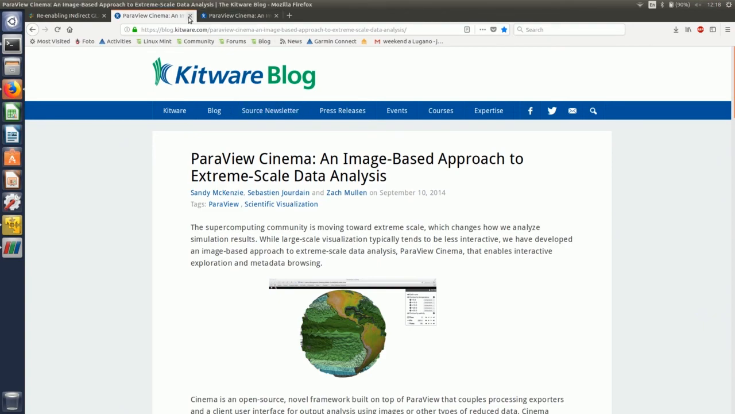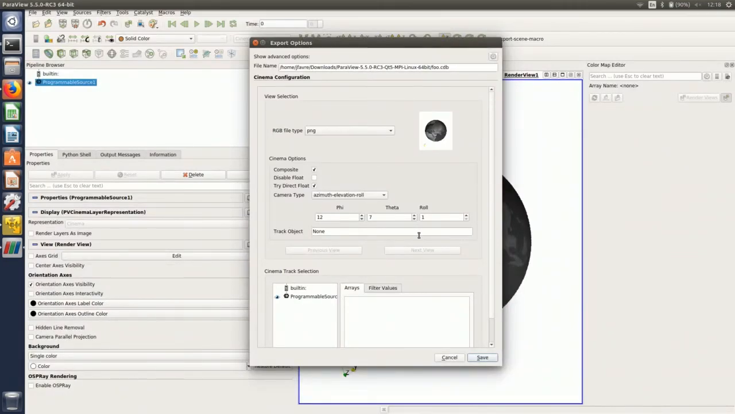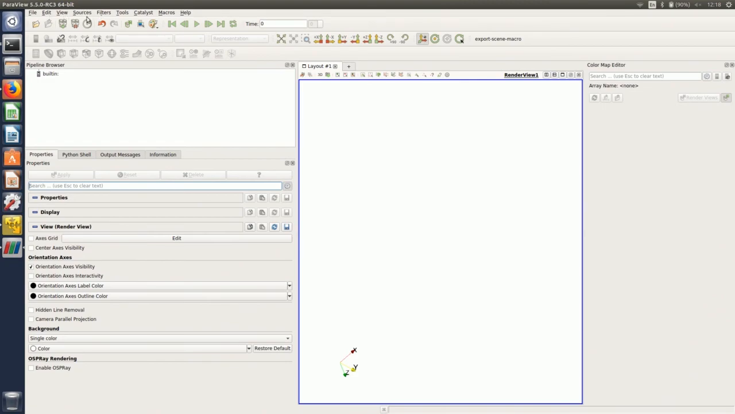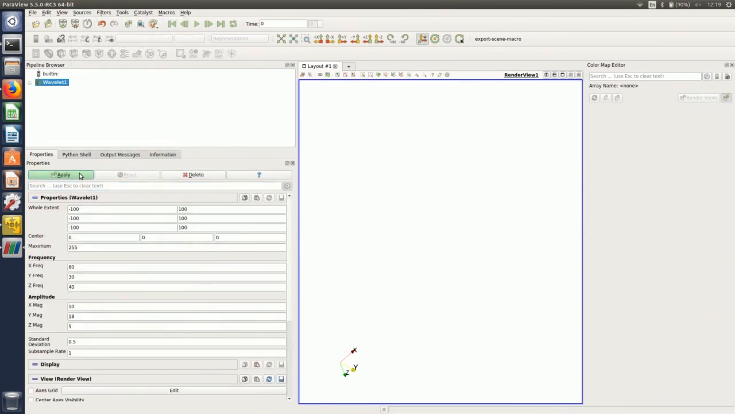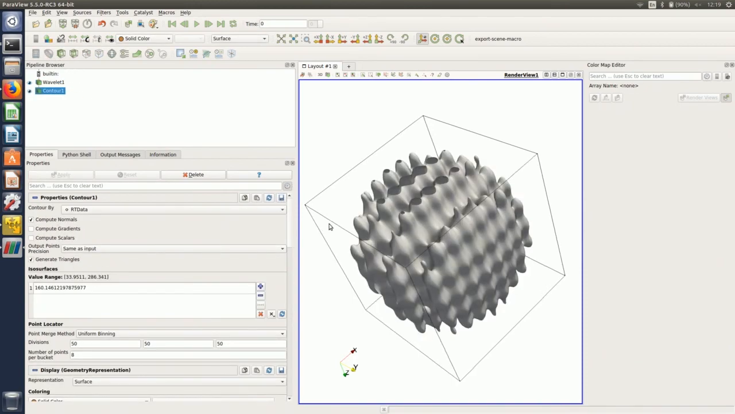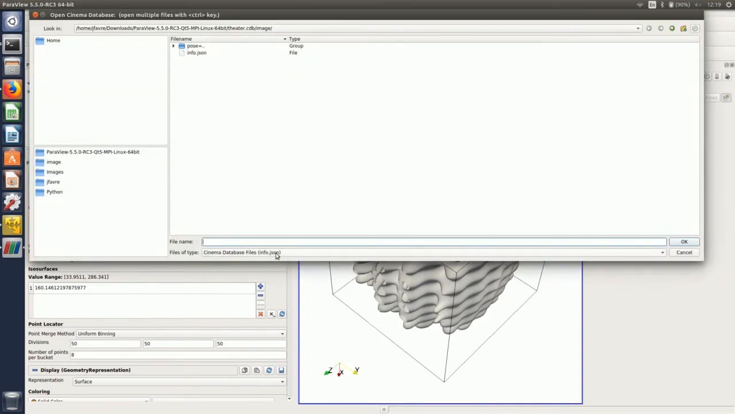So Cinema is also available in ParaView, and I encourage you to try it. Here's the interface. So the basic interface here would be camera animation, but actually let's do the full exercise. Here I delete this. I take source wavelet and an isosurface here in the middle, okay? And if I do export Cinema database,